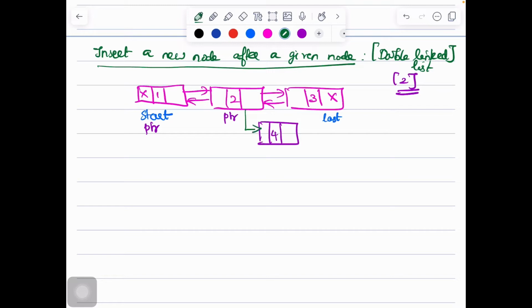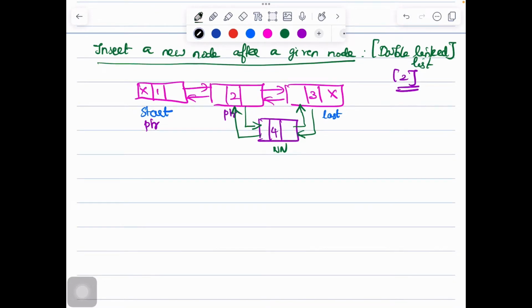I have to make the node with data part 2 point to the new node, and the new node should point back to the node with data part 2. This new node's next pointer should point to the next node of node 2, and the next node of node 2 should now point to the new node. This is how the connection is established so that the node can be inserted after a given node. Now let us start writing down the pseudocode.